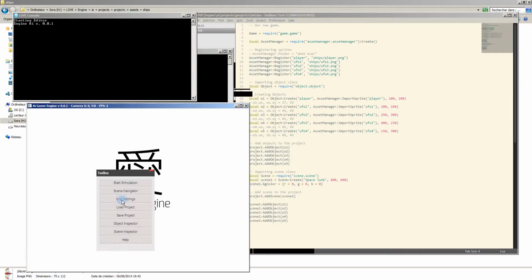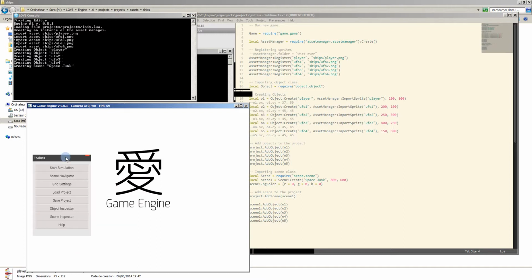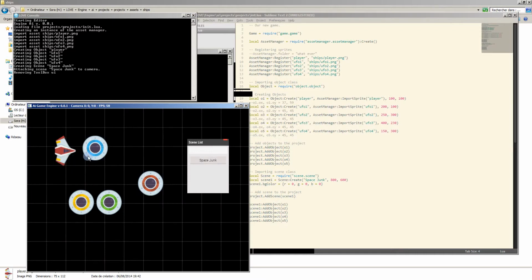Hit F1, load project. By default I made this input's value project X, so I don't need to type it again and again. Okay, so there we go. Import asset, creating objects and creating scene. So for now I'm going to hit the scene inspector, and here I'll see space chunk. So I'll close these, and here